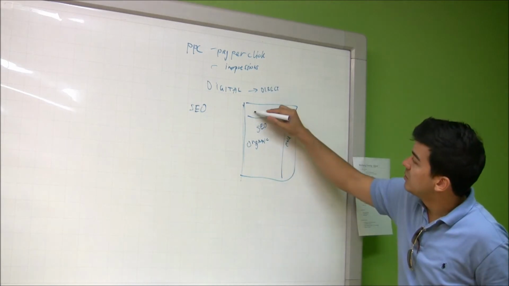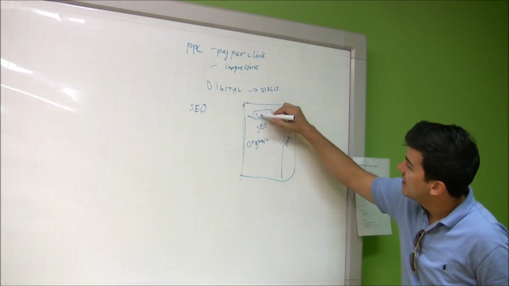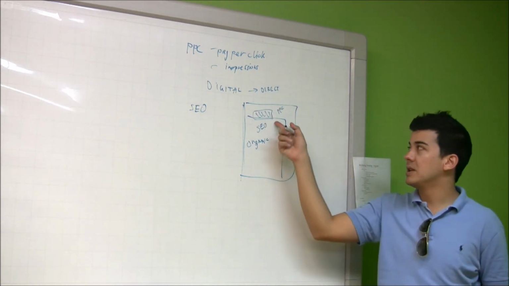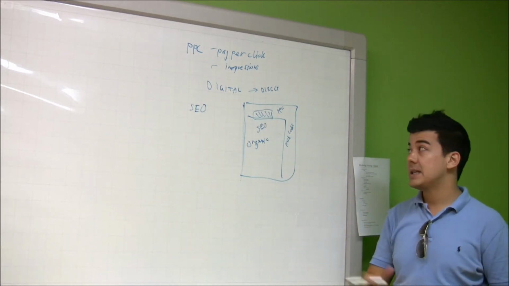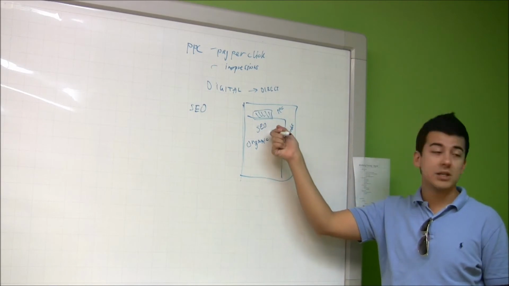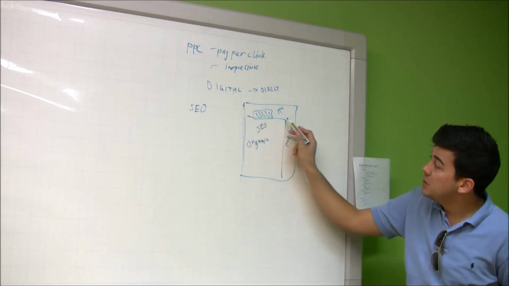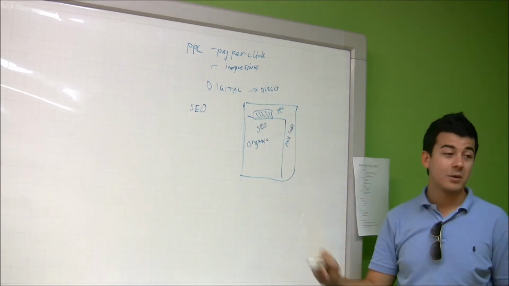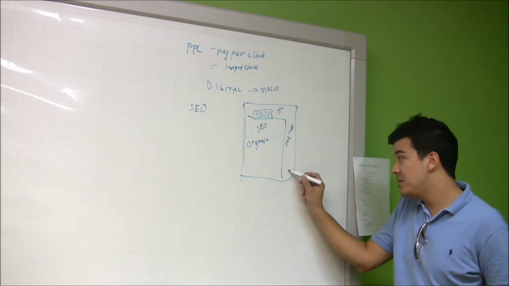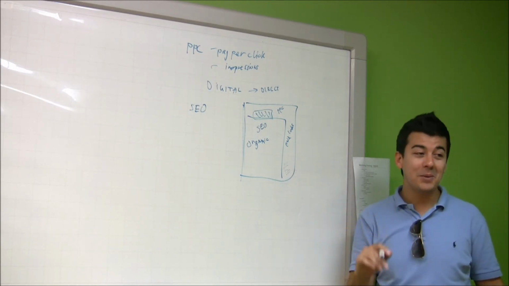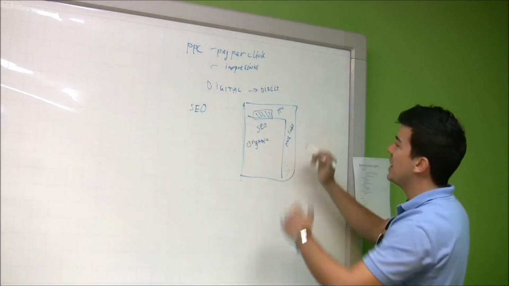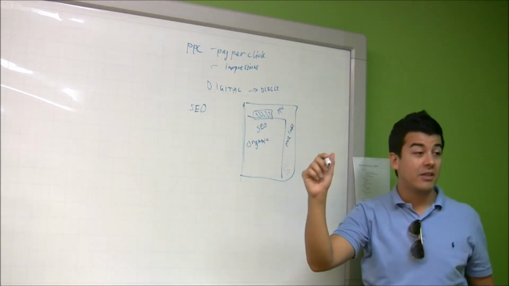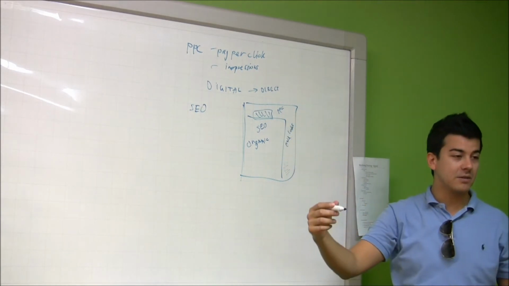So there's a little blurry grey line here where most people don't actually realise when they click on the top result, or what they call the top result, it's actually pay-per-click. It's not an organic search result. But if you look closely, you will see this very, very faint line which distinguishes the two, and there might be a little bit of shading, just so people know it's paid. But most people have no idea. All they see is one page and they go top link, click. That's why pay-per-click is quite effective.